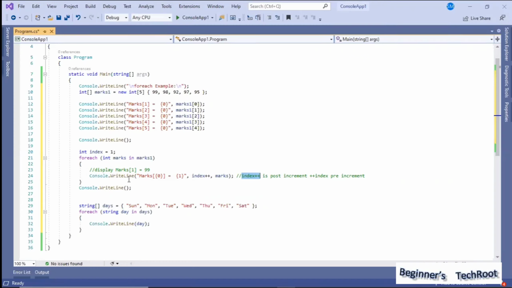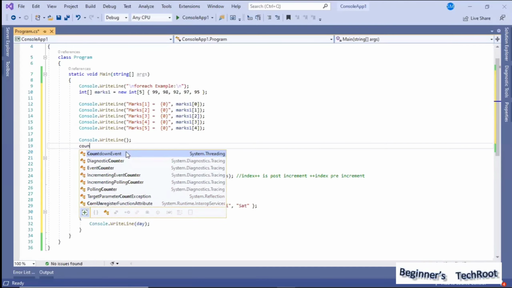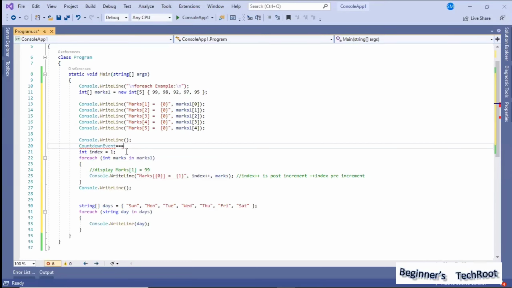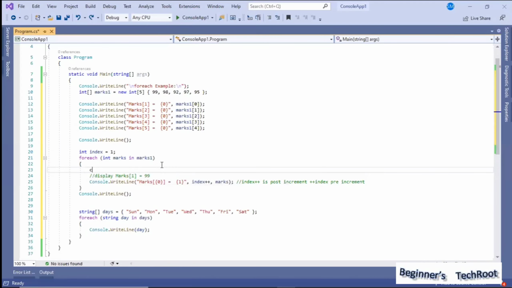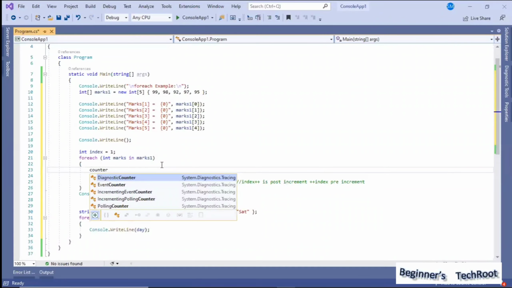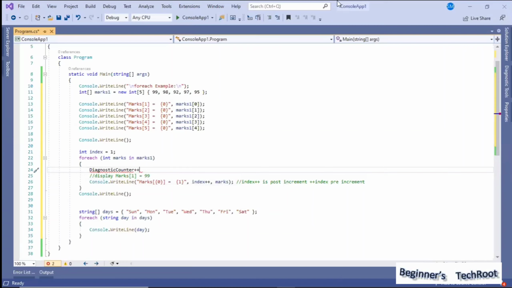So that is important. Without assigning, in the earlier examples, whatever we used in loops, we just used a counter plus plus like this. I will show the example here. We just used the counter like this, plus plus. That variable is not there now here, so I will use the same existing variable, index plus plus.